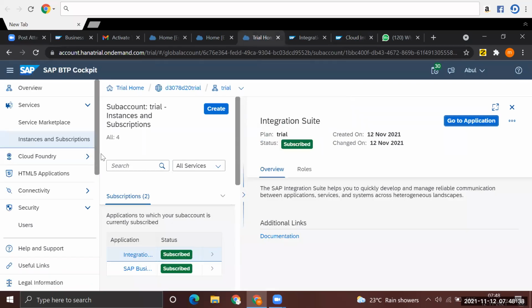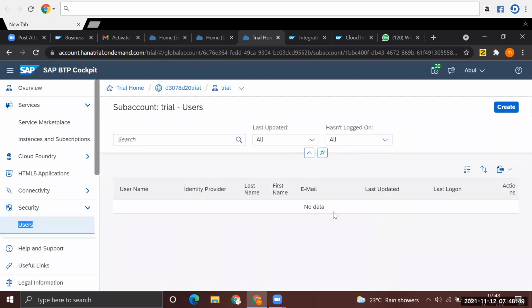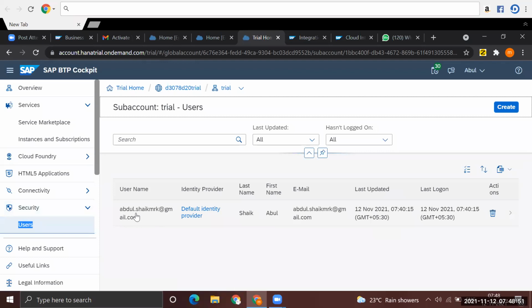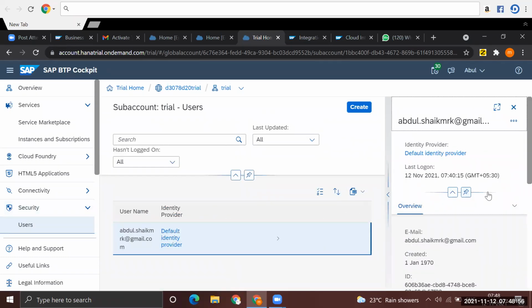See here, if you go to your particular user, we have a security concept here. We have a user here. This is the user that we created, correct? See here, this is the user. So this is the user here. See here, we have the corresponding